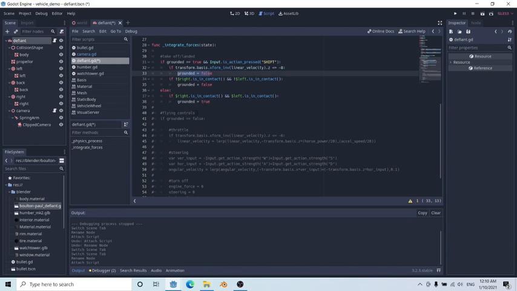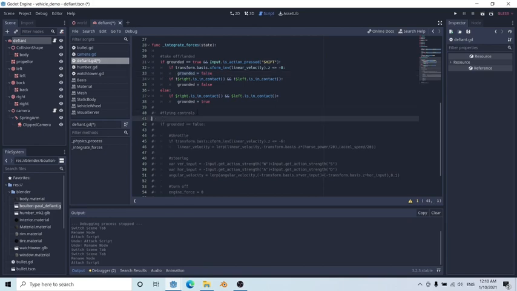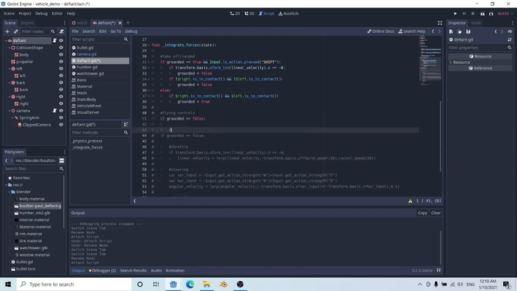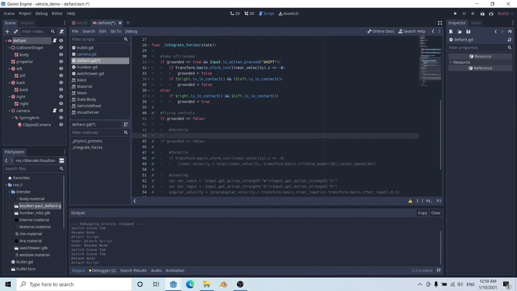Now what we're going to do is create our behavior for when we're in the air. So if grounded is equal to false, we'll be doing the following. We'll be having our throttle, so our forward momentum. So we'll be doing the same check as before, except we're doing it to a lesser extent, because if we're going straight up, the tendency is our value might drop below this amount. So we'll be doing if transform basis is less than or equal to -6,